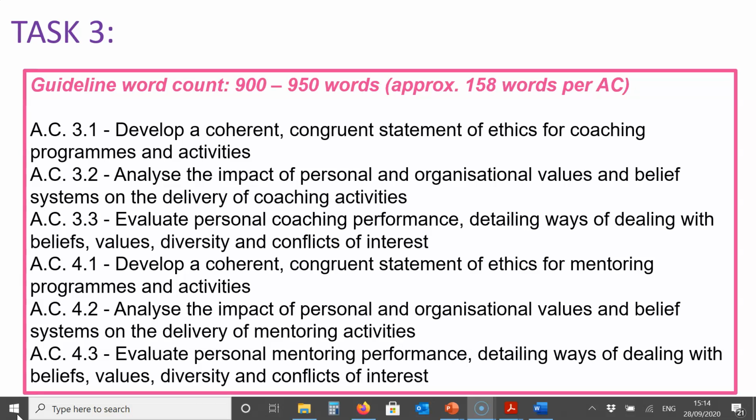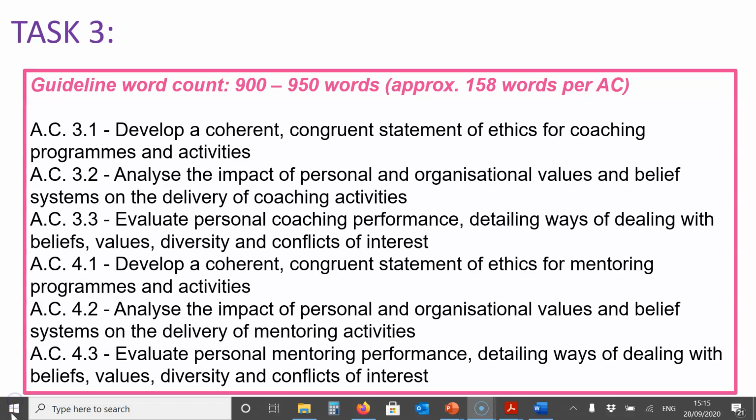of interest. It'd be really helpful for you here to go back to the Global Code of Ethics and look at some of the different headings here, which would give you some suggestions on how you'd actually go about dealing with some of these issues. During your coaching practice, you've also probably kept a reflective log, and you might want to think back as to whether there's ever been any occasions where beliefs and values have impacted on your relationship with a coachee or a